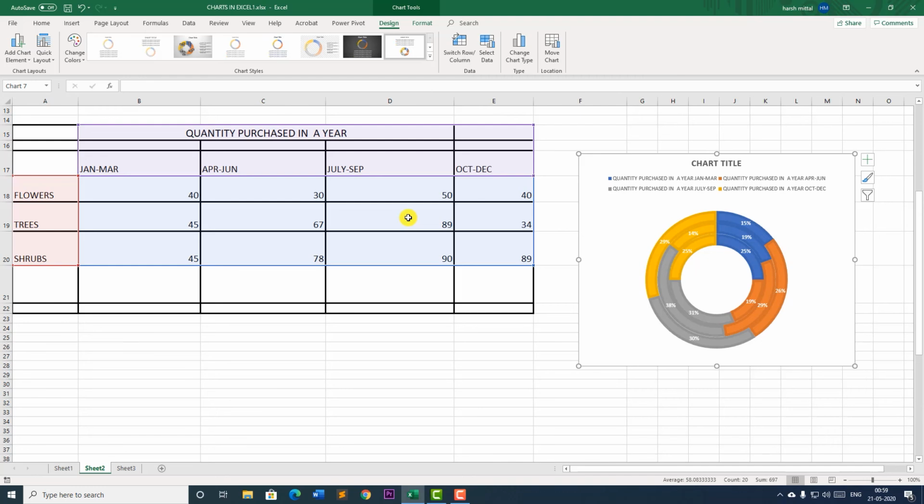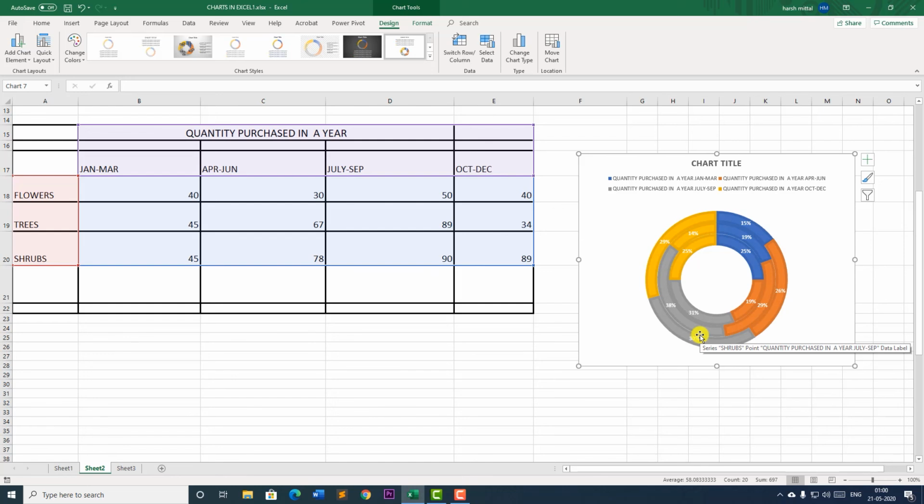Now, the last type of chart that we would be doing is a line chart. A line chart is used where we want to see the comparison over a period of time. Suppose I just want to see a simple comparison in terms of numbers, not in terms of percentages. I just want to see the trend. That is, in which months the sale of which particular quantity picks up. As a trend, I want to see. There I make use of a line chart.